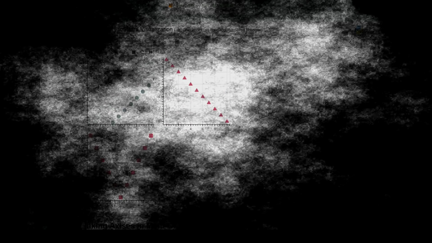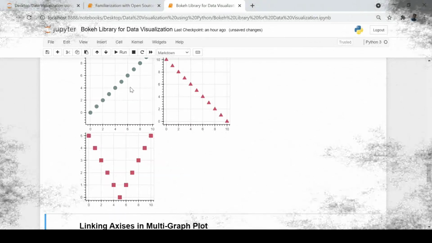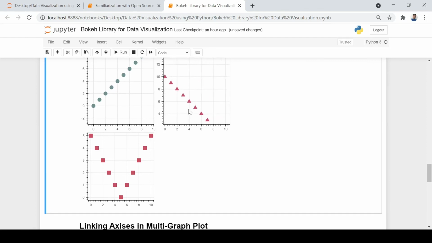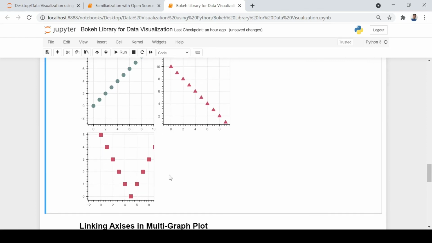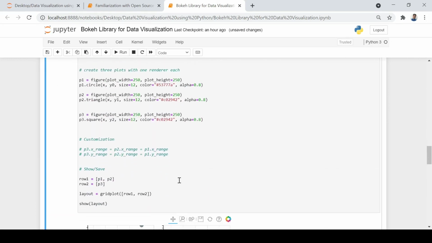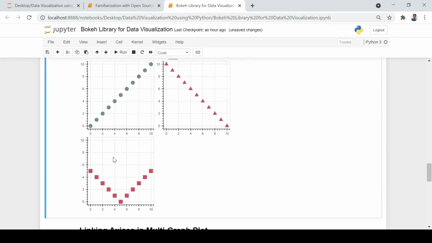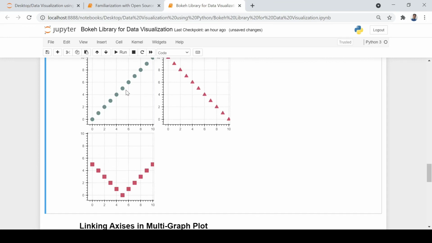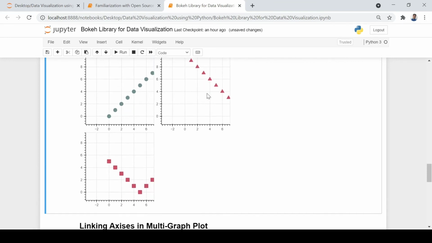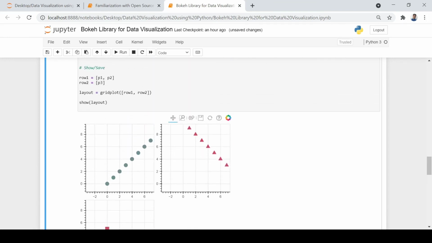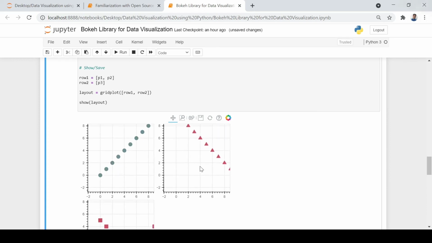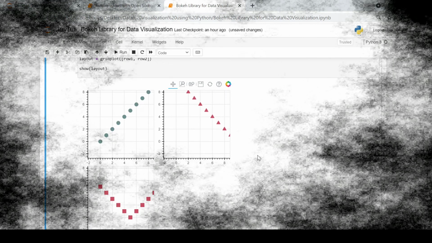Now you see the difference. Here it is not linked, right? If I move it, only one is moving, not linked. It is not moving with all three together. But if I link it with this, and then arrange with this, now you see all are moving. I move here, it will play everywhere. So that beauty is that, depending upon the data types, you can play with one, and corresponding changes you can see in all the curves. So you can design your plots so that you have the data and